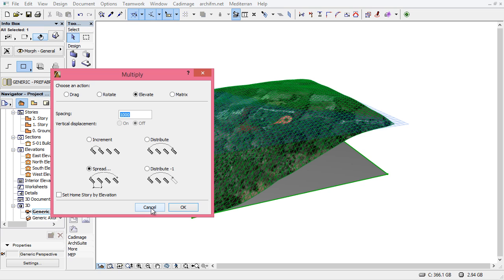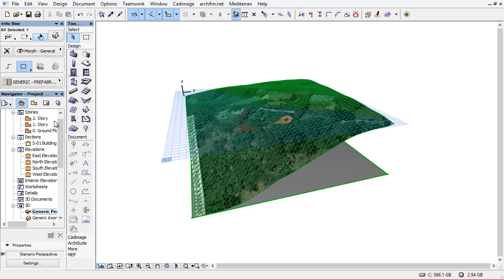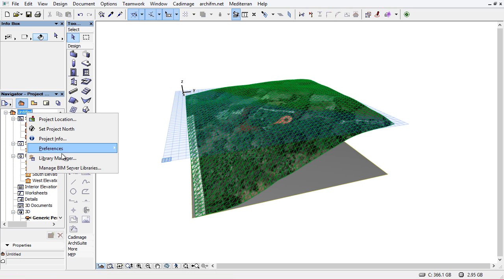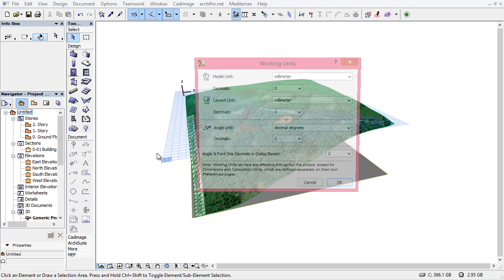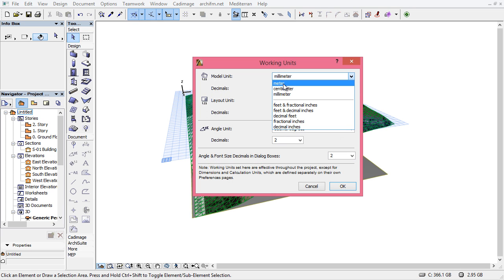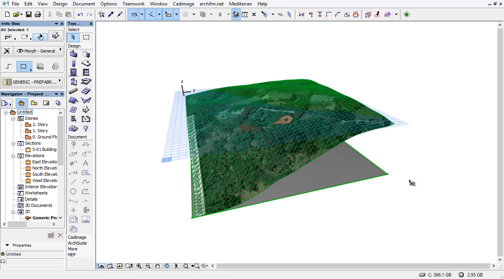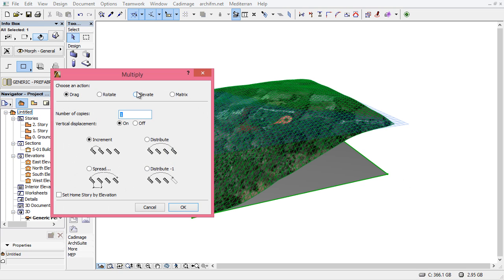You can just create the value that suits you. I think now I'm working here in millimeters. It's not meters. Okay, so I'm gonna just move it into meters. Anyway, now I'm gonna press Ctrl plus U and then go for elevate and then spread, and